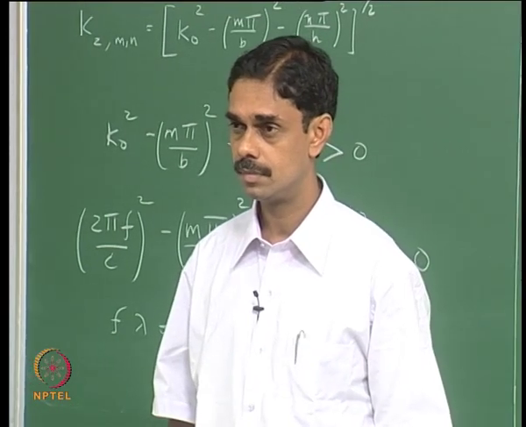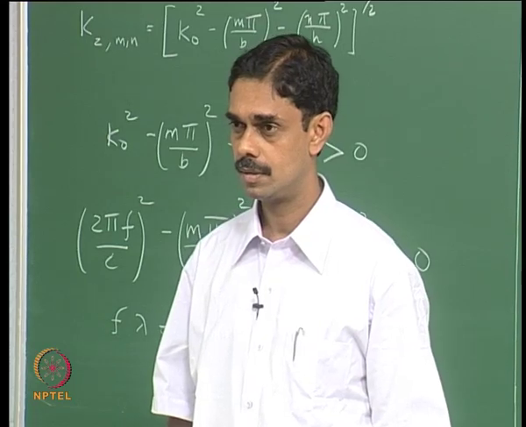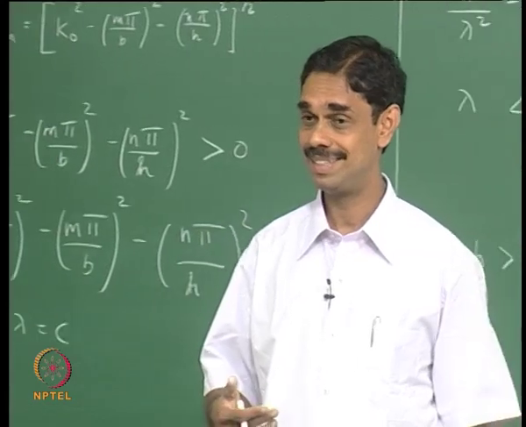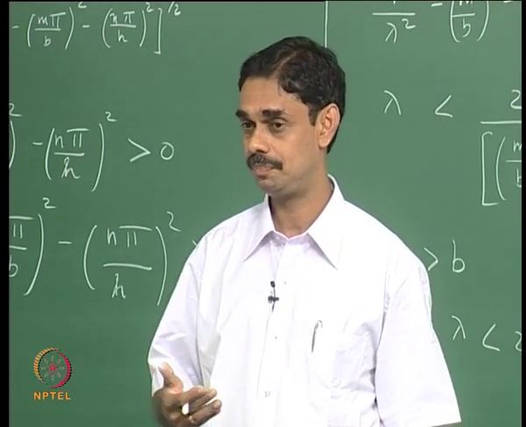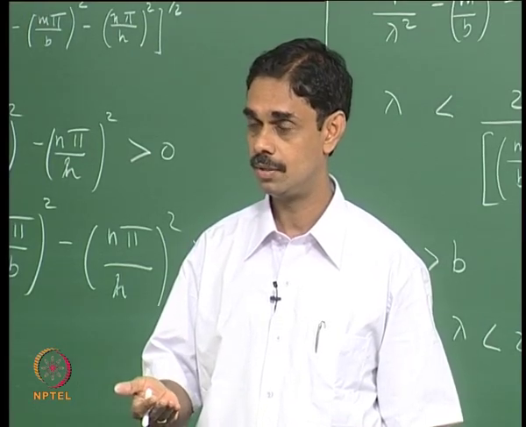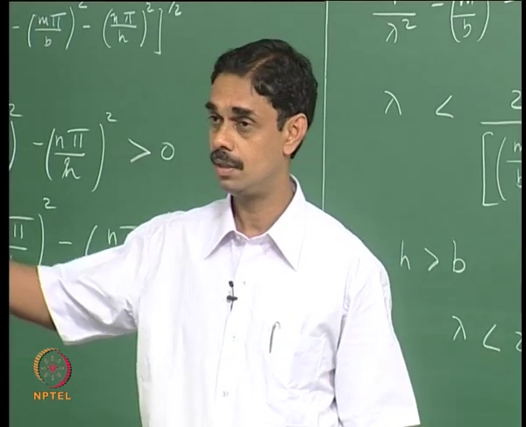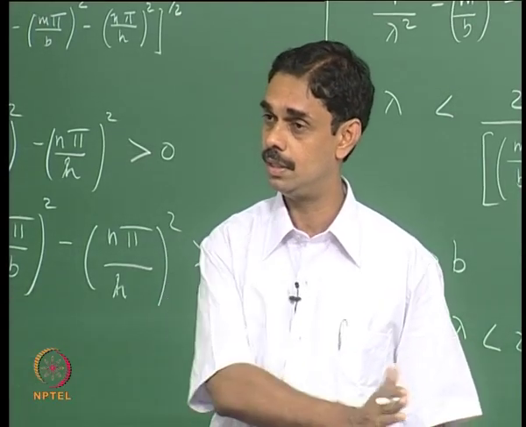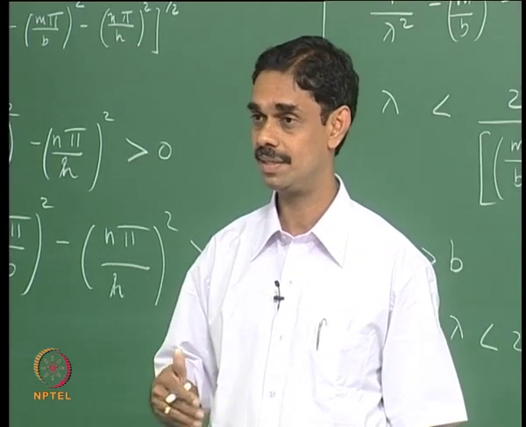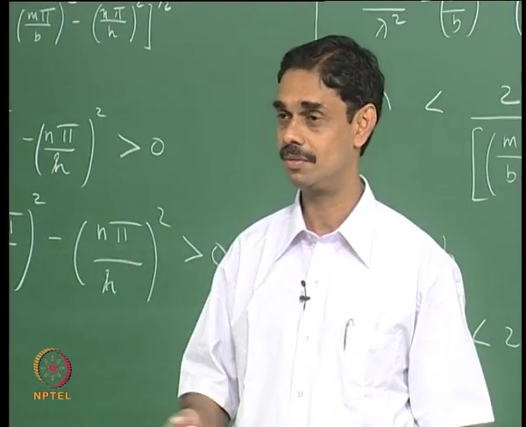So do you think it matters a lot if kz,m,n is plus i something or minus i something? You can choose, both are possible, but you have to pick which one. For the left running wave, you have to pick the solution such that the solution decays to the left. For the right running wave, you have to pick the solution such that the solution decays to the right. That will be a physical way of choosing it. In any case, if you have an amplitude at some place where you set up, it will decay rather than grow. It is not physical to have it grow.